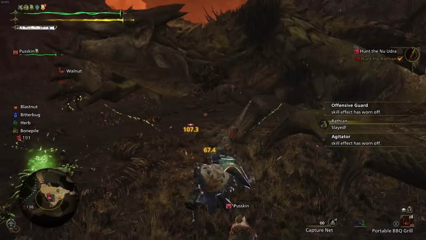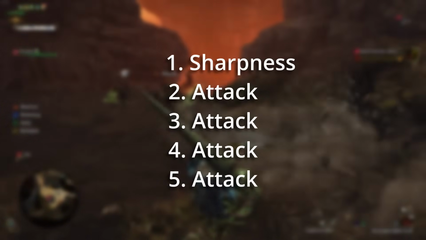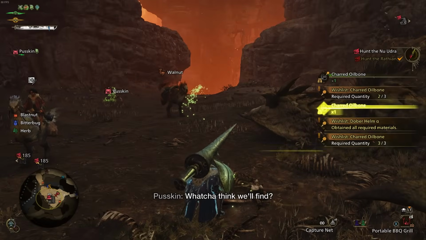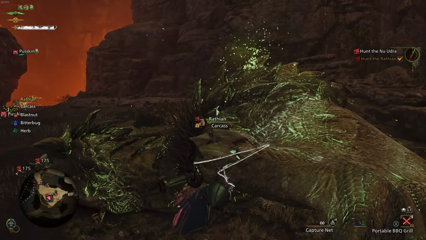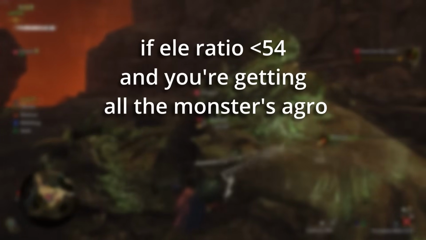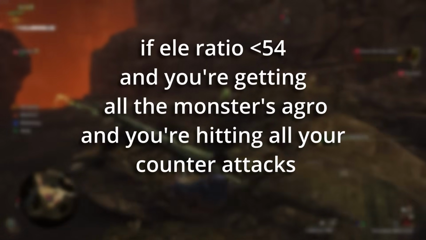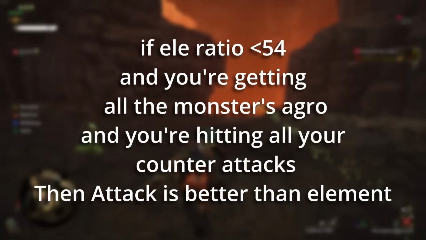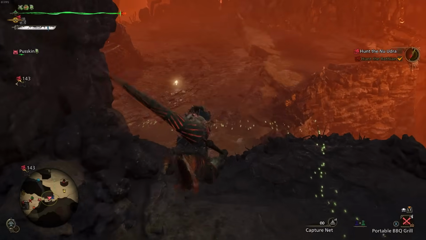So, if I said, overall you want to aim for 1 sharpness and 4 attack, then what I'd really be saying is, on the assumption that you're fighting monsters where the ratio of its raw to elemental hit zones is less than 54, while playing solo without a cat to make sure the aggro is on you, and that you're hitting all of your double counters, then an Artian weapon with 4 attack mods is going to be better than an Artian weapon with 4 element mods. But obviously, it only applies in that situation,